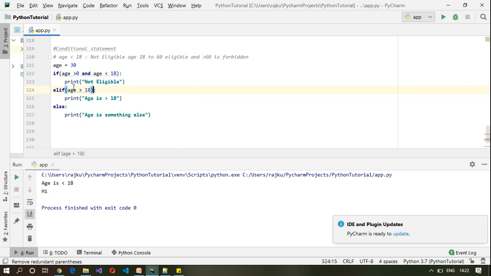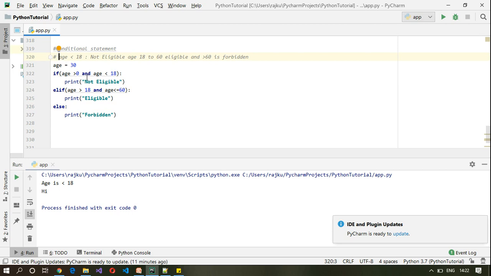If age is greater than 18 and less than or equal to 60, then eligible. Anything above 60 is forbidden.